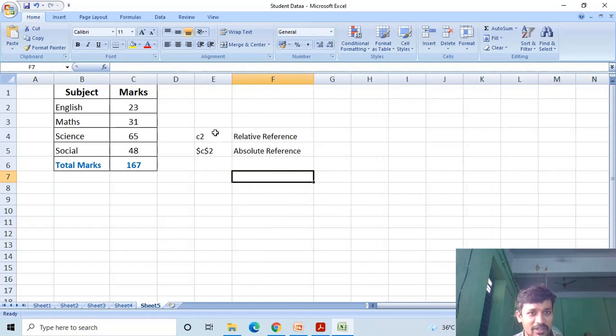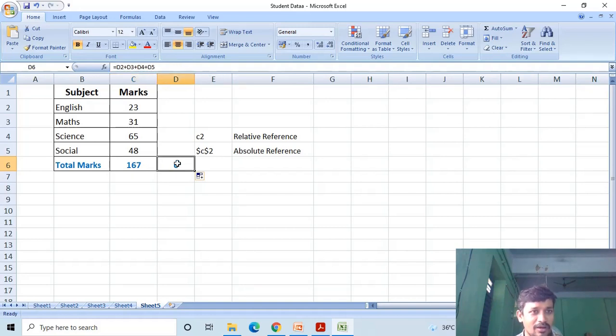The difference between the relative reference and the absolute reference is seen when you copy a formula. I wrote the formula for one student. If I copy this formula to the right side, observe the formula. In the C6 cell, the formula is C2 plus C3 plus C4 plus C5.